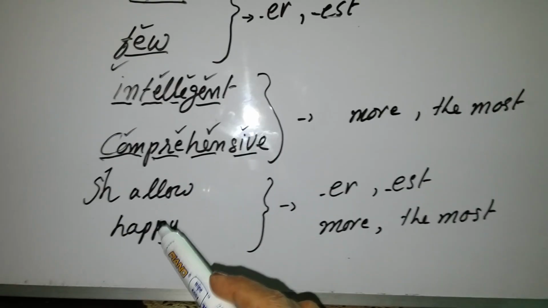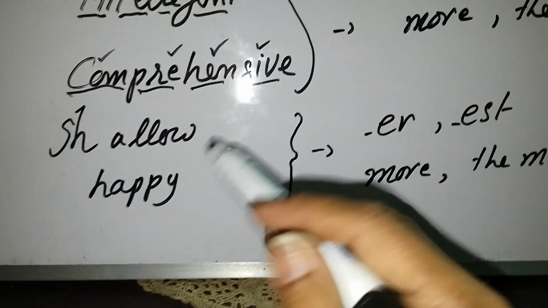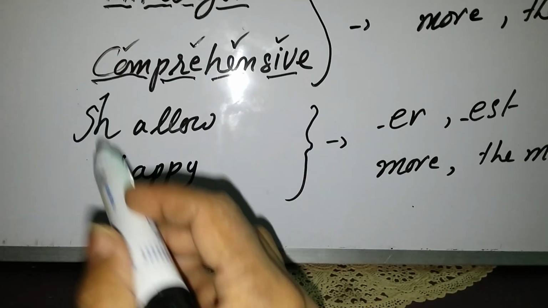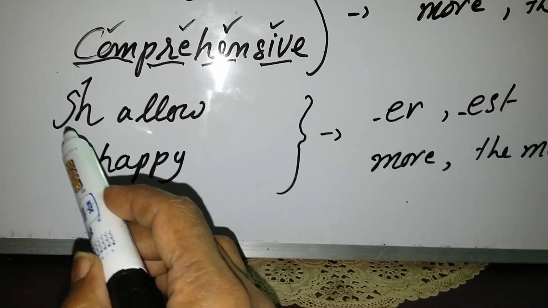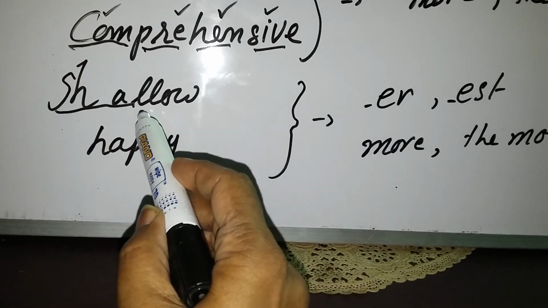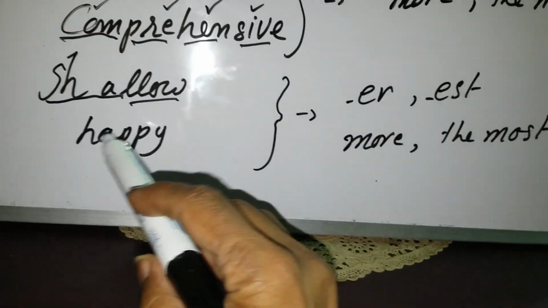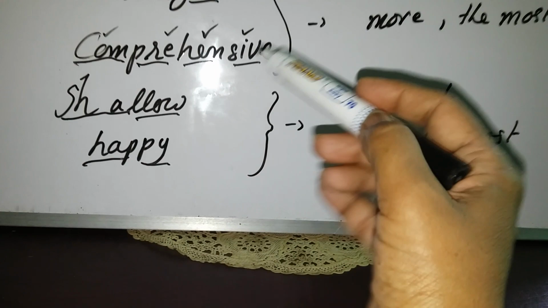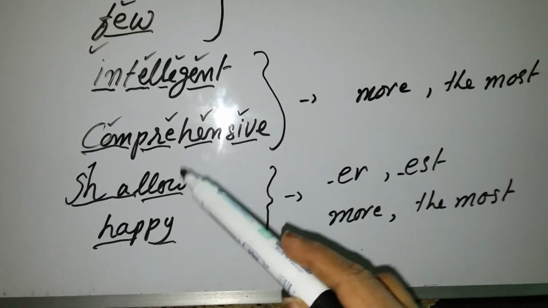Now look at this one. This is the example, shallow. Now how can we convert them into different units, dividing it into different units? Shallow. There are 2 units. Similarly, happy, 2 units. Whenever you find 2 units of words